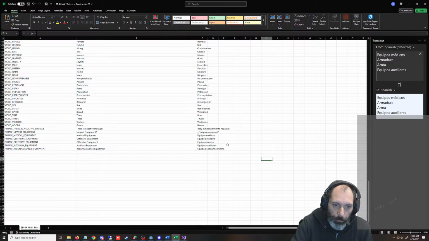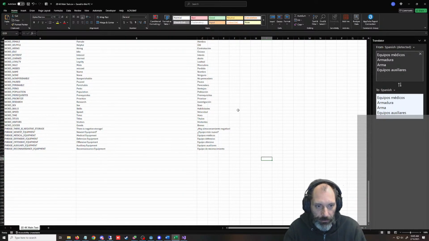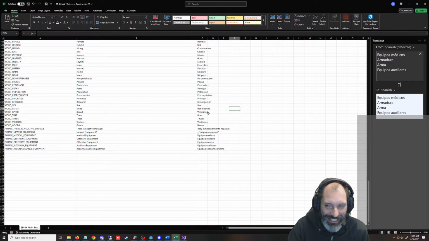Equipos. I wonder why. Maybe it's like auxiliaries equipment when you translate it. That's probably what it is. And then we'll say medical is the same way. My knowledge of Spanish is very primitive. I know like 5 words.